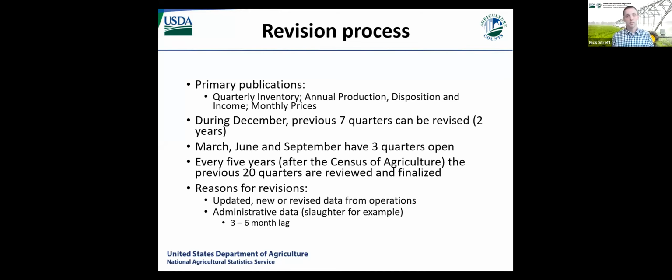So if we're looking at slaughter and we see slaughter is up 5%, but our inventory was only up 1% or even down, well, if those hogs made it through the slaughtering floor, that means they had to be in the inventory. And that's what prompts us to go back and do those revisions. So if slaughter is higher or lower than a NASS report says it should be, that's going to kick off the revisions process. And we can normally have to go back 2 quarters to make slaughter work because they're in the heavier weight groups the most recent quarter.